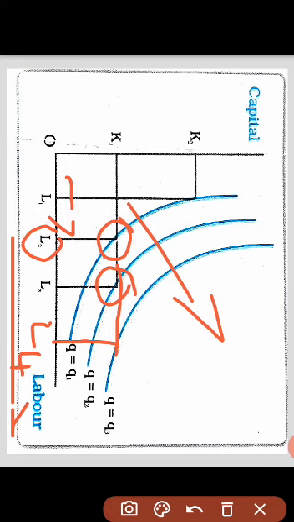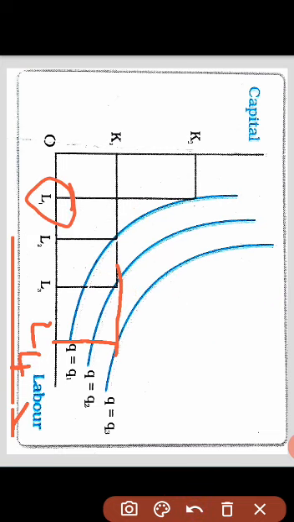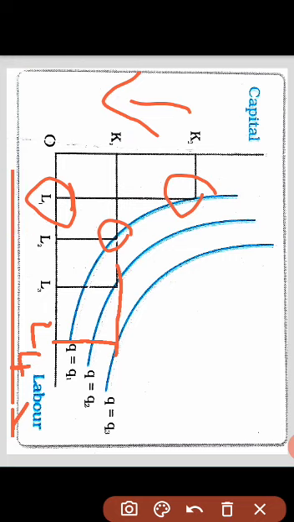Here you are using L1 amount of labor, because of that the isoquant curve is on the first one. You can ask why it is on isoquant 1: because you are reducing the use of capital. Once you reduce the use of capital and increase the use of labor, the output is going to be equal, because at the first point,